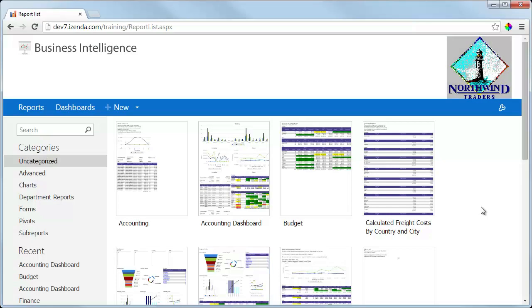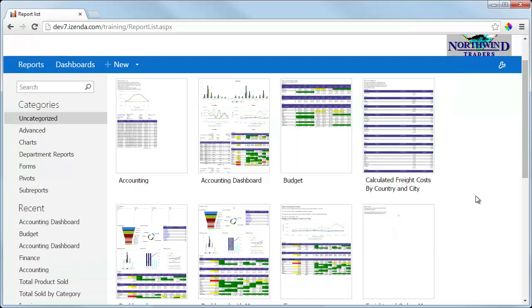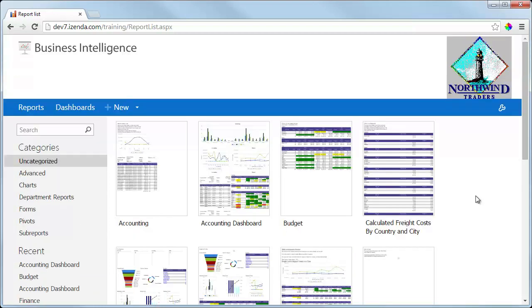In the previous clip, we took a look at the report viewer. Now let's take a look at the dashboard viewer. In order to access the dashboard viewer, we simply load a dashboard. There are two ways to do this. We can click on the dashboard directly, or we can click on the Dashboards button, which loads a list of